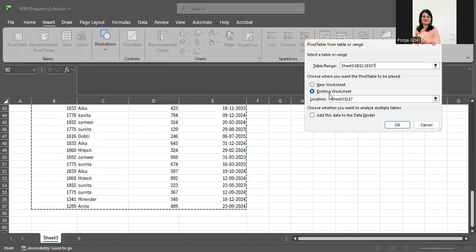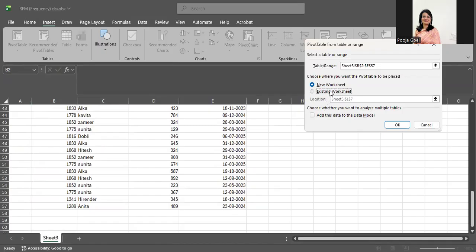And I want this output either in the existing sheet or in a new worksheet. It's your wish. If you want the data in the existing sheet, it has automatically selected the area; you can change it or go to a new worksheet, whichever way you want.